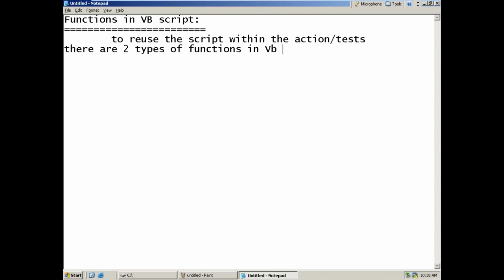Functions in VBScript: one we can say built-in functions, and the other one is user-defined functions. One is built-in functions, the other one is user-defined functions. Already we have seen some functions like this. We have some experience with this, like